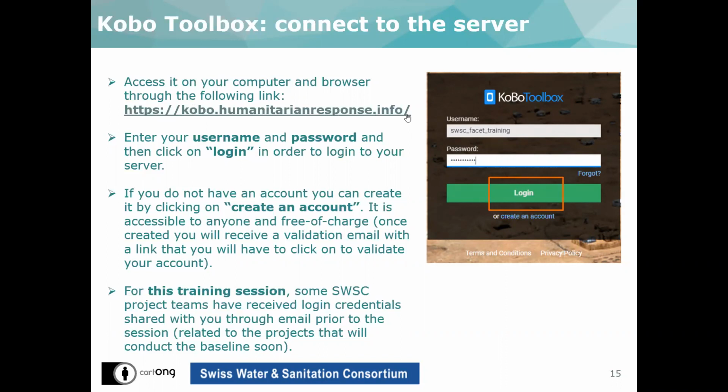https://kobo.humanitarianresponse.info. And then once you type in that address, you'll arrive at the screen here, Kobo Toolbox, with username, password, login, or create an account in the middle of your screen. So enter your username and password, and then you can click on login in order to enter the Kobo Toolbox server. If you do not have an account and need to create one, you can always create one by simply clicking on create an account. Remember, this is accessible to anyone and free of charge. And once it's created, you'll receive a validation email with a link that you will have to click on to